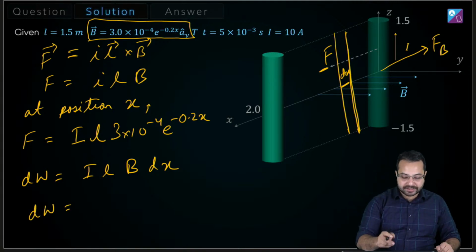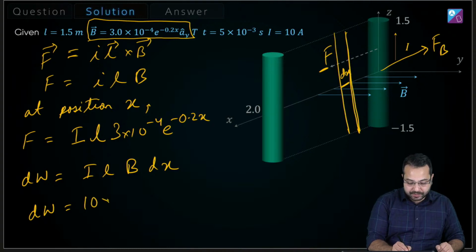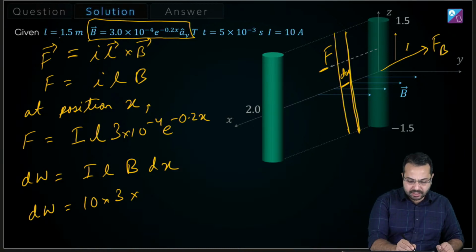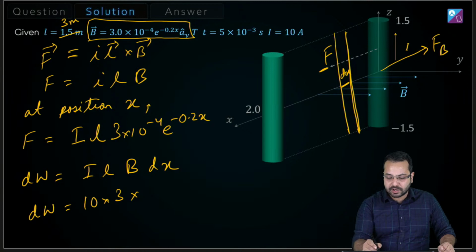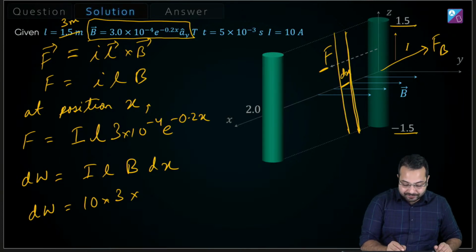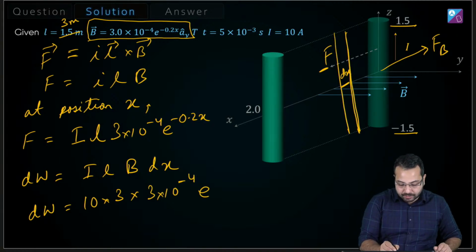So this is going to be I. What is the value of I? The value of I is 10 ampere. The value of L is 3 meter. I think this should be 3 meter, 1.5 and 1.5, 3 meter. And then what is the value of B? The value of B is 3 into 10 to the power minus 4 into e to the power minus 0.2x